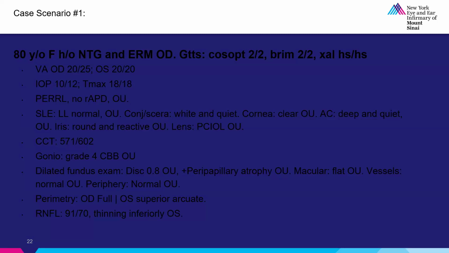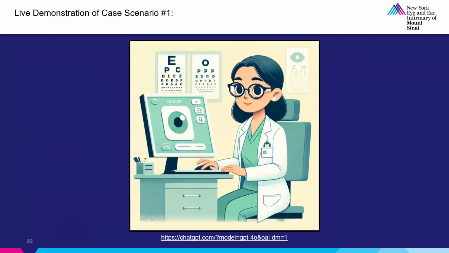Vision is 20/25 and 20/20. IOP is 10 and 12, Tmax 18. No APD. Rest of the anterior exam is unremarkable with PCIOL, and the CCT is 571 and 602. Gonioscopy was full with a disc of 0.8 and peripapillary atrophy. And then the visual field does show some paracentral defect in the left eye, and then the RNFL is 91 and 70. And so